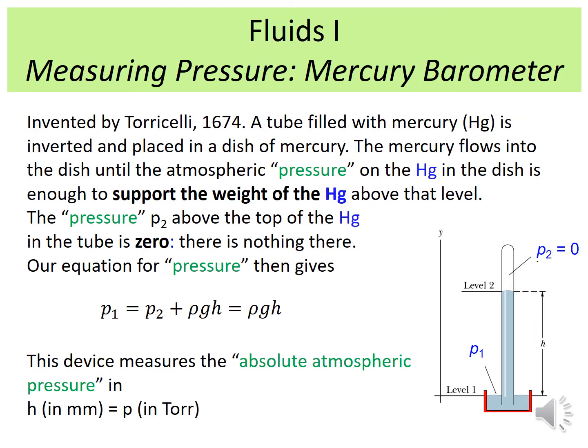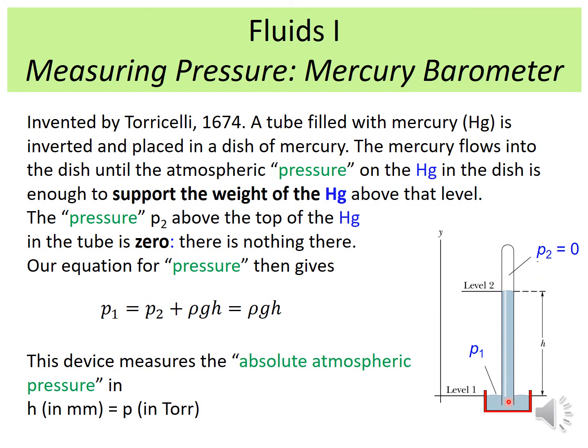Okay, so let's have a look at how one can measure the pressure. There is an invention which was done by Torricelli in 1674. What Torricelli did, he was using a mercury bath here, so a vessel which was partially filled with mercury, and then he used this cylinder here, which is closed on this side. This is important, otherwise it won't work. So this is closed at this side. He completely filled it with mercury and then very quickly turned it around and pushed it down here into his